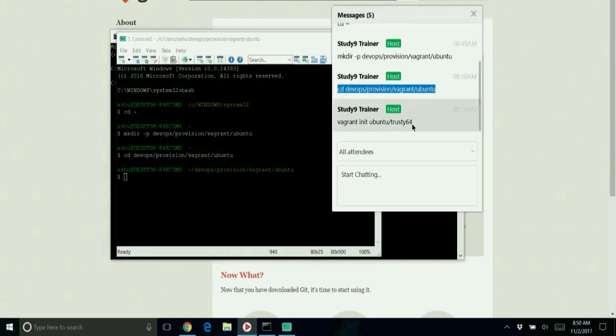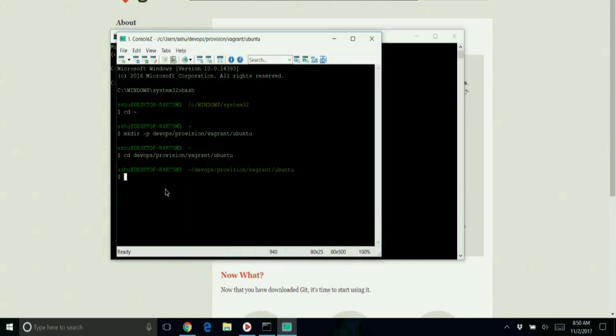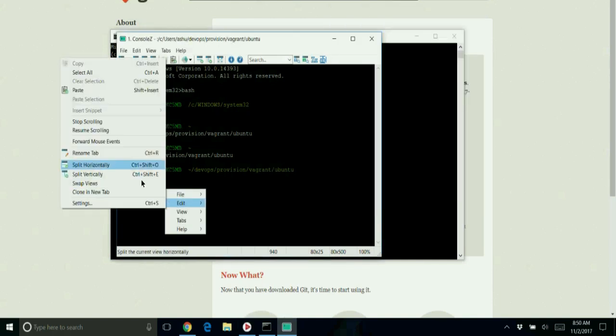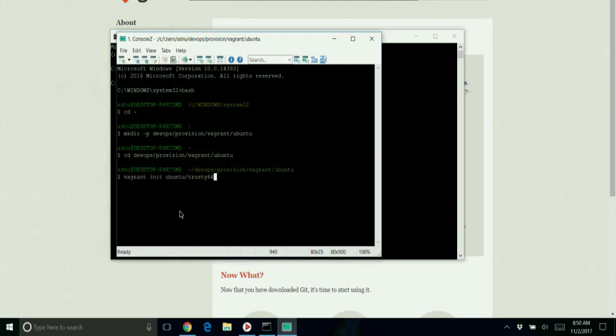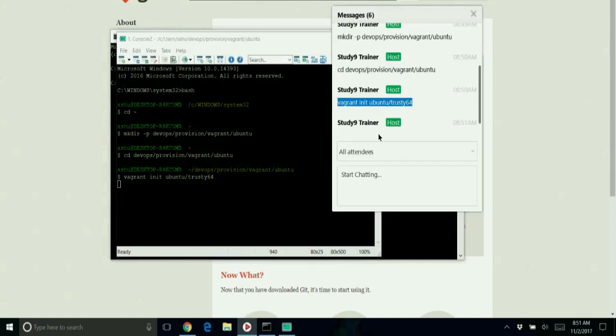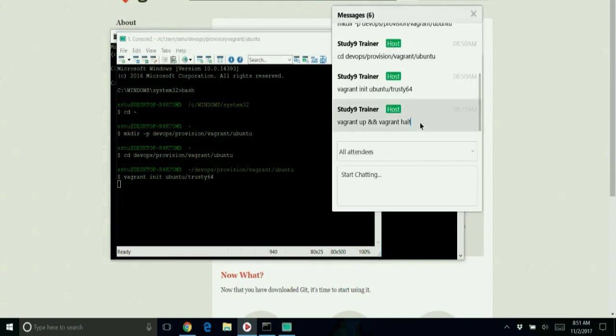Once inside this folder path, we have to run a vagrant command which will initialize the process of creating an Ubuntu virtual machine. This command is vagrant space init space ubuntu slash trusty64. Running this command will initialize the environment, but to create and run the virtual machine, we have to run the